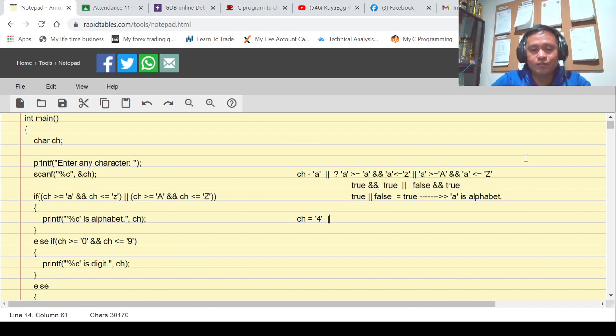Let's change this one. We'll make it single one. Okay? It's not for one, so that you are not confused. Then, check the condition. We'll check the condition. Is 4 greater than or equal to A, and is 4 less than or equal to Z, right? Sorry, small z. And then followed by OR,